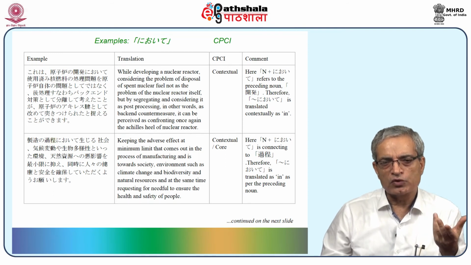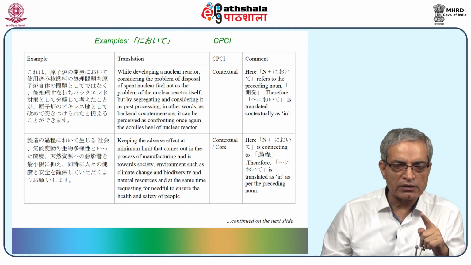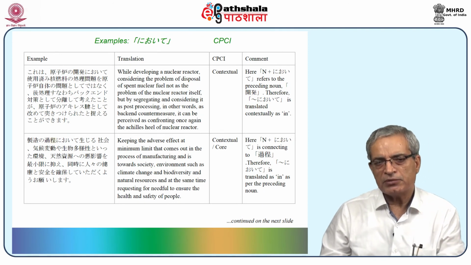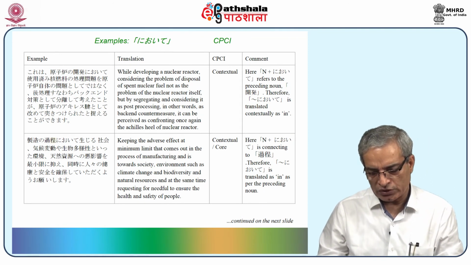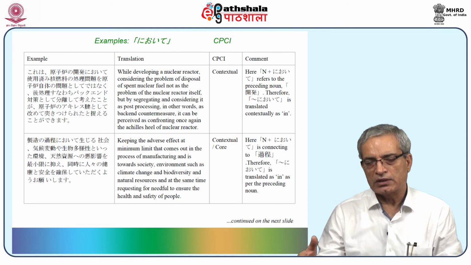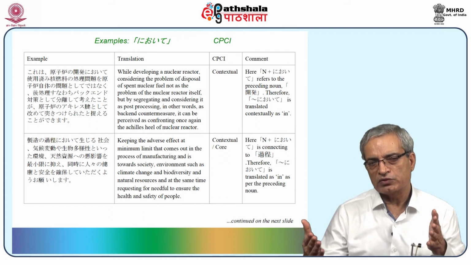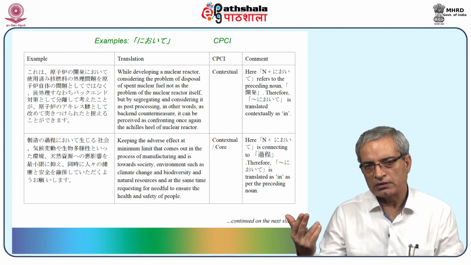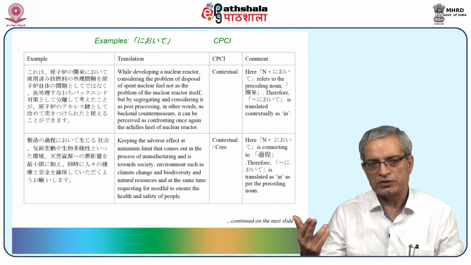Yes, this is a doubtful thing. Is it in only here, or is there a...? So it can be treated as core also, because neo-8 is quite close to the core. Otherwise, it is contextual because this in is coming from khate neo-8. But you will ask me that in the previous example, kaihatsu has been treated as process and khate is not